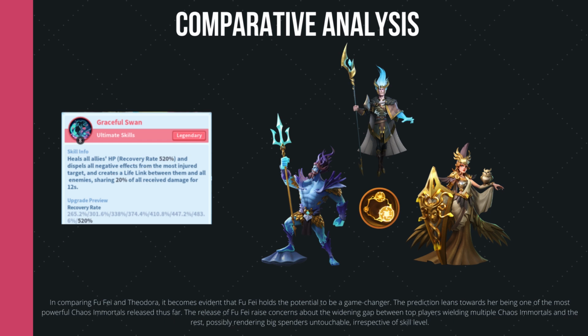The raw healing effects, the dispel of all negative effects, that's incredibly powerful. And creating lifelinks on the target that needs it the most. I mean, it's insane. It's like three of the best Tower of Knowledge skills mashed into a skill that is already the best healing ability in the game. Just incredible, and I do actually fear that this is gonna widen the gap between Chaos spender whales and everybody